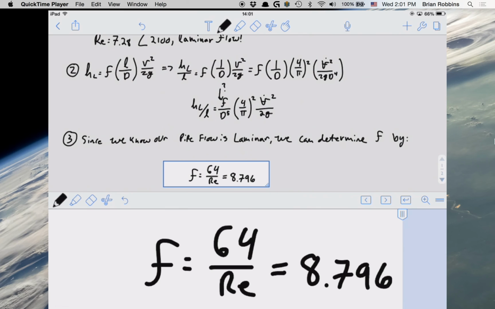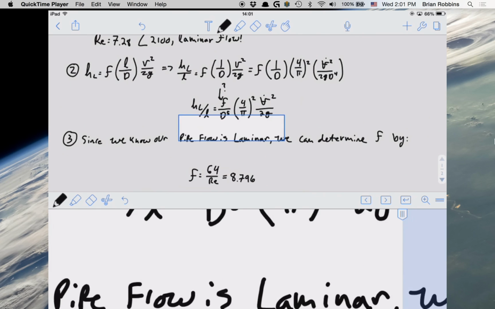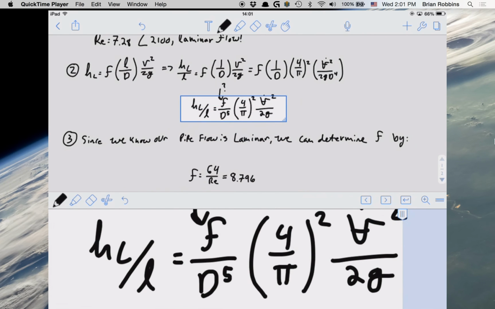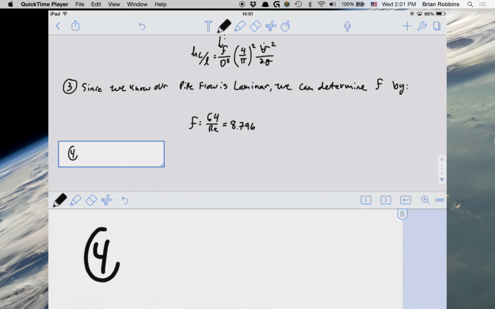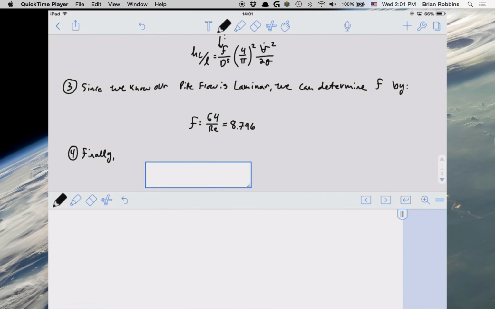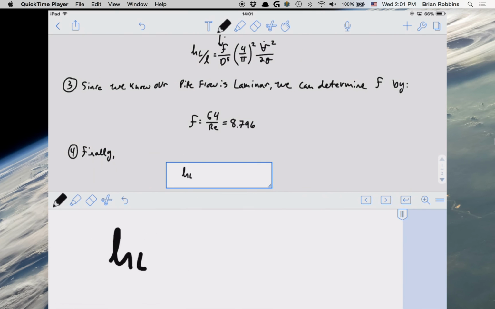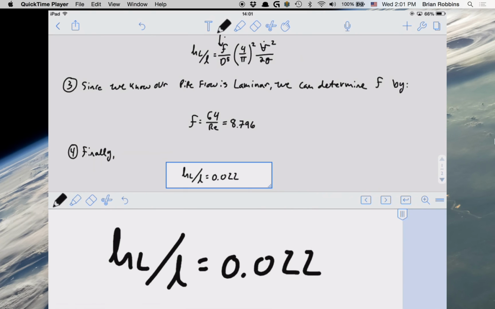Okay, so now we have all of our knowns. We have diameter, Darcy friction factor, volumetric flow rate, we know gravity obviously, and now we can plug those into the expression that we derived in step number 2. So finally, plugging all those values in, we get that our head loss per unit length of pipe is going to be 0.022, let me rewrite that a little bit, so 22